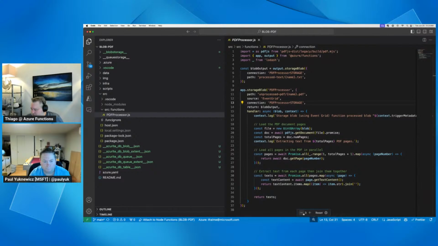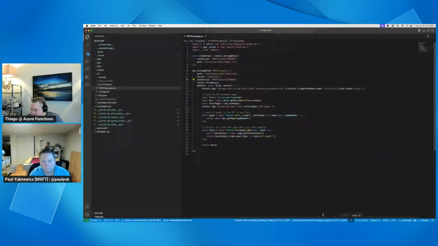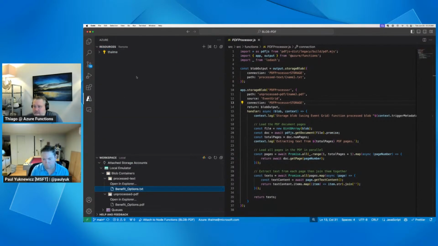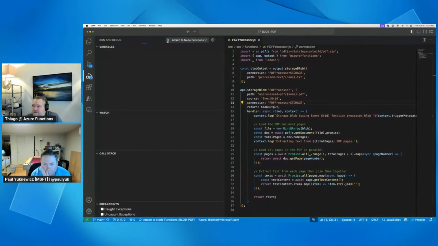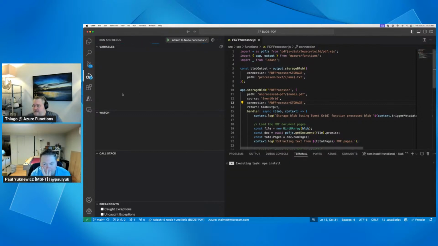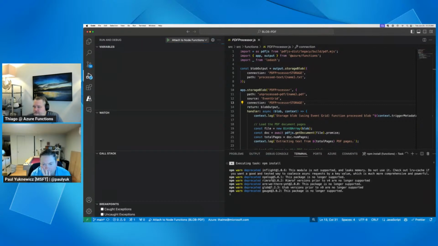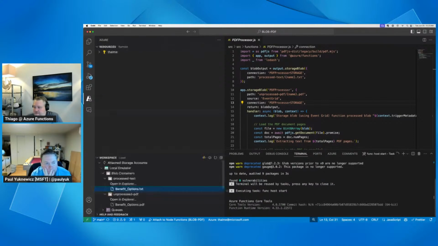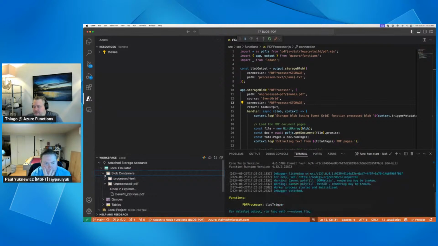So let me have a look here. I just want to make sure I have Azurite running for both blob and queues. And I can start debugging this function locally. Okay, it's kicking off. And then locally here, you'll see I pre-created two containers.